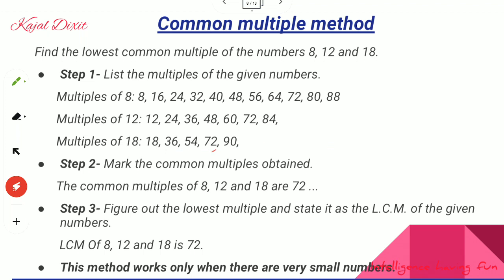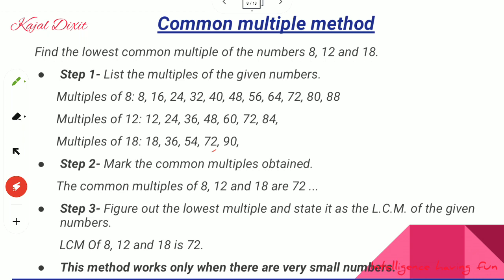Okay, remember that you can get as many multiples as you want for a particular number. There is no end to the multiples of any given number, because even if I tell you any multiple of the number, you can always get another number which is a multiple of the given number and which is greater than the number given by us. Okay, so there is no end to the multiples to be listed.